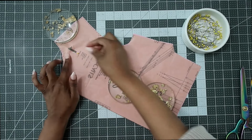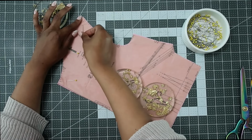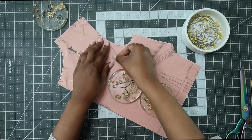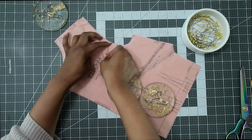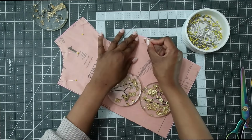You can choose to use as little or as many pins as you would like, but you do want to make sure you're holding down your pattern piece with something. Again, you can use pattern weights or you can use pins to hold down your pattern while you cut it out and transfer your